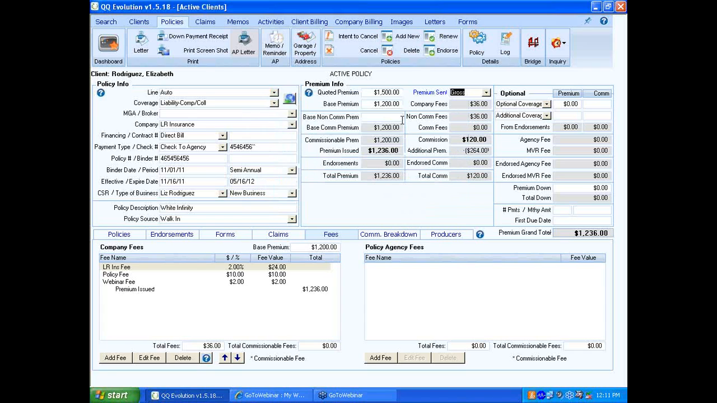It pre-fills a lot of this information here. Now any area that you see that is grayed out is a locked area and you cannot change this information directly here. Okay, so let's see. If you look on the right hand side of the premium info section, you'll see that there's an additional premium of $264